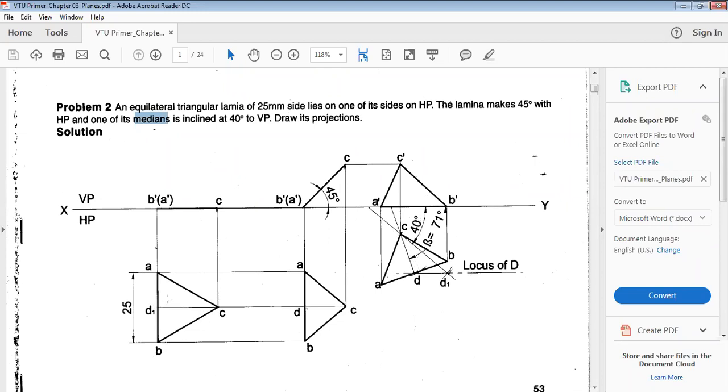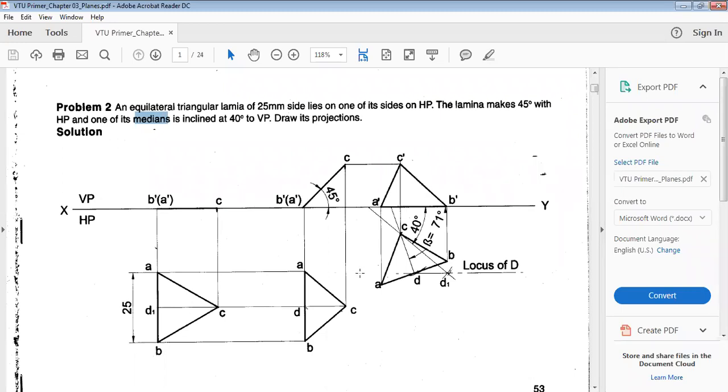C and D is, rather than this A, B is making inclination. So if it is the same surface on which it is resting makes inclination with HP and VP, then it is going to be understood as the basic problem. If the median, diagonal, or the edge which is bisecting the side is making inclination, then the problems are going to become under alpha and beta. Hope it is clear till now.